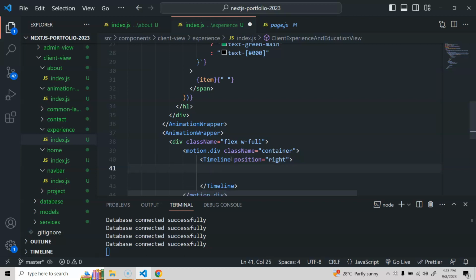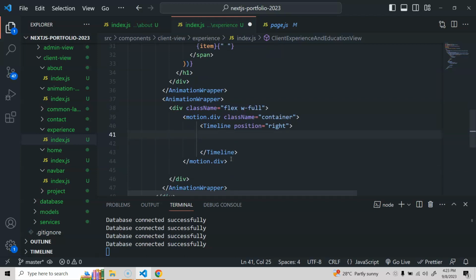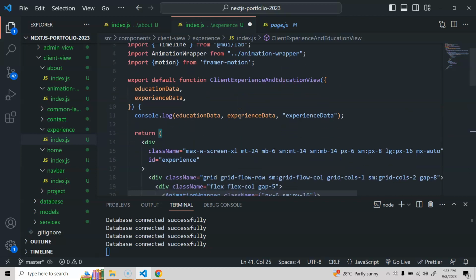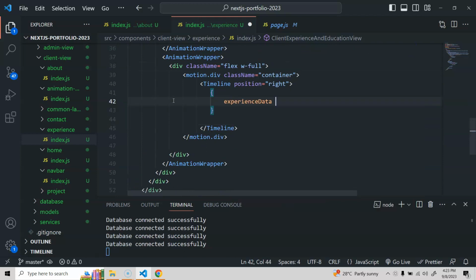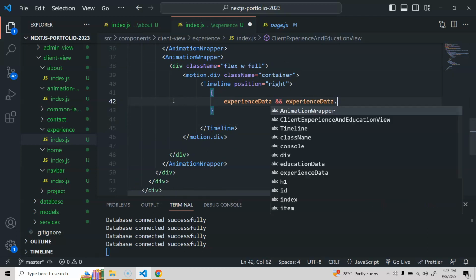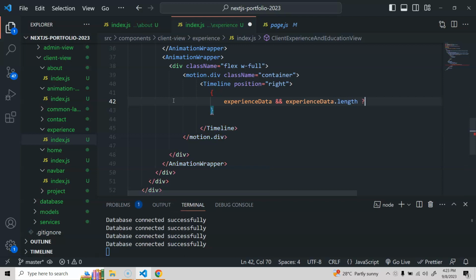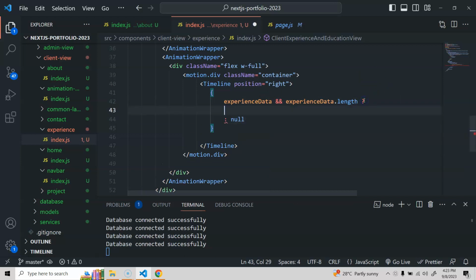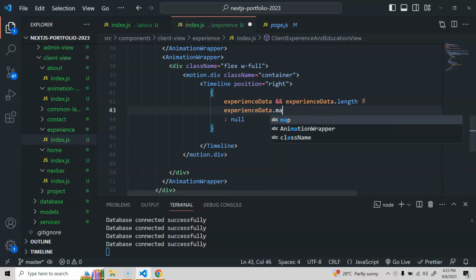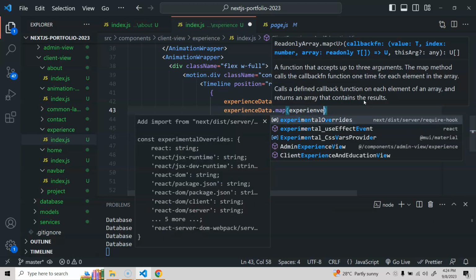All right, now inside this, we have to map the data that we'll be receiving. So this experience data, and experience data dot length, if this is true, or else this will be null, something like that. And here we are going to map, so first thing we'll start with experience data dot map. This will be experience item,